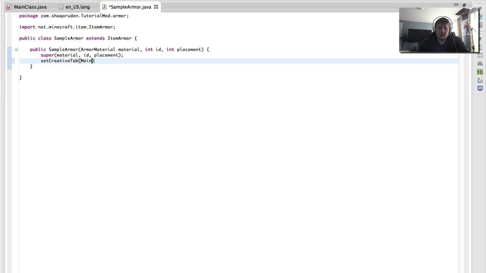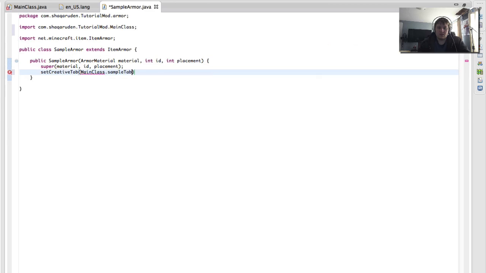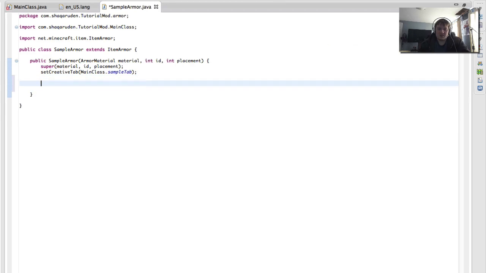And we're going to go main class dot sample tab. And we're done there. So now for textures. We're going to use an if statement for this. You could also use a case statement, but we're just going to use if. Makes it a lot easier. So since we're using one class file for each